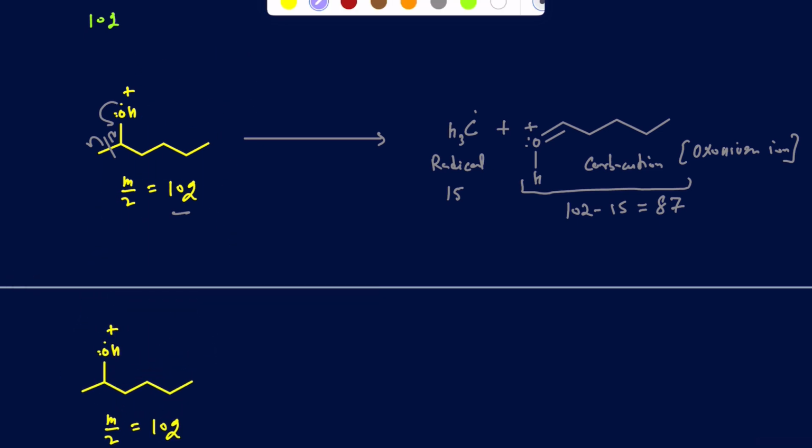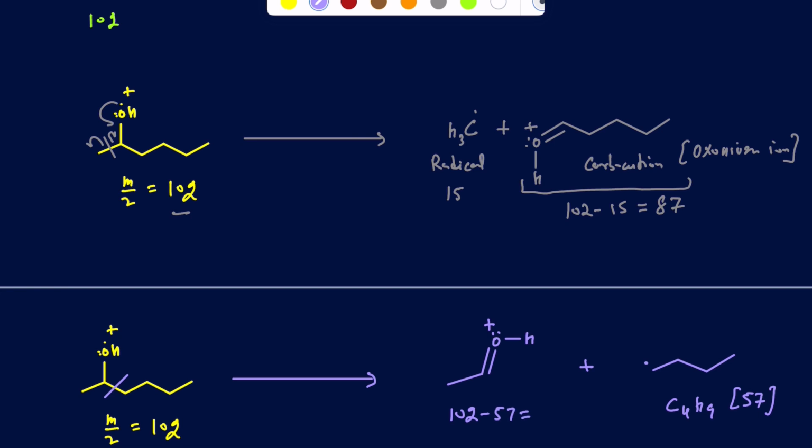If I go ahead and fragment this right here, what I get is this guy right here. I'm going to draw the most stable carbocation here, and I'm going to get a radical here, which is going to be this guy. So the radical here would be C4H9, so that would actually be 57. So that means this guy should have been 102 minus 57, and you can do the math here, or you can just be like, all right, I got